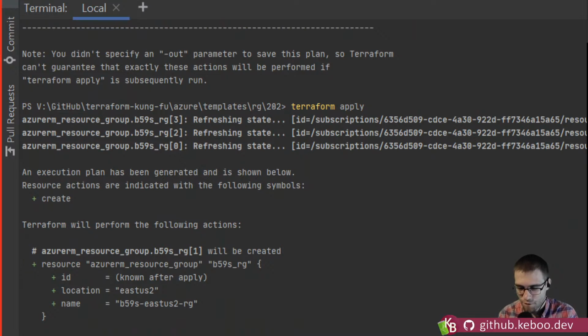So yeah, it's fairly good about running things in parallel and being intelligent about handling that dependency tree, which is, in my mind, one of the best things about using Terraform, having that nice relationship between all of your resources. Yeah, the other nice thing that's interesting as well is if you look at this name here, where it says azurerm_resource_group.b59s_rg, that's the same name, even though there's now going to be 4 resources created, but that's the same Terraform name.